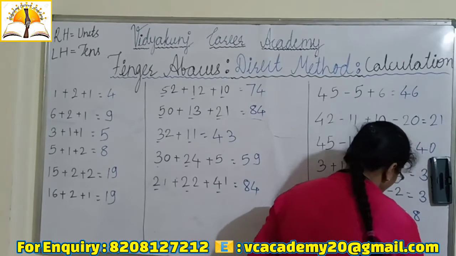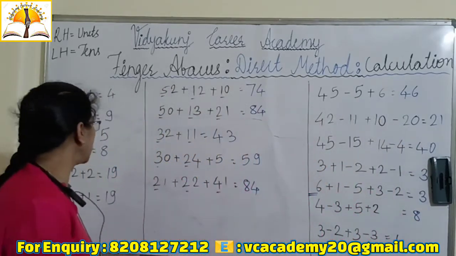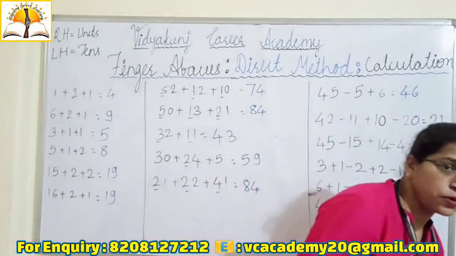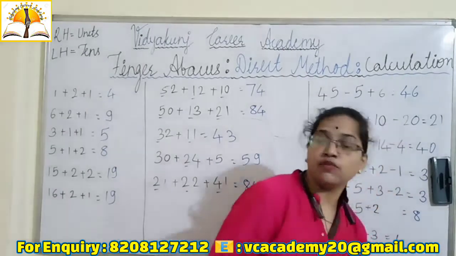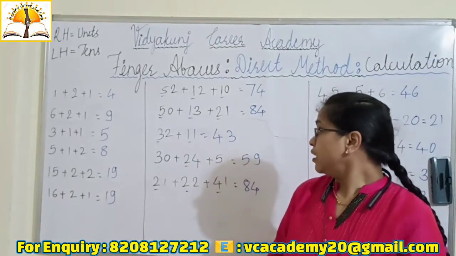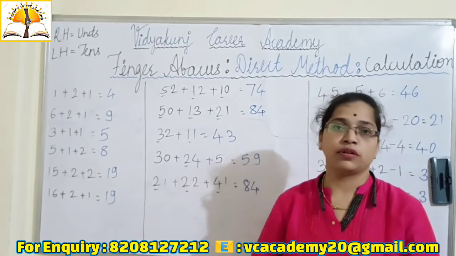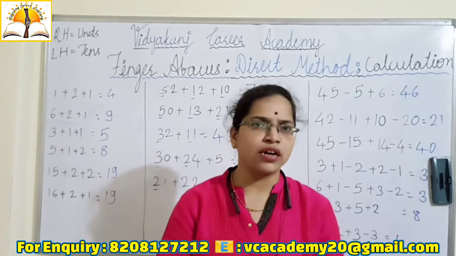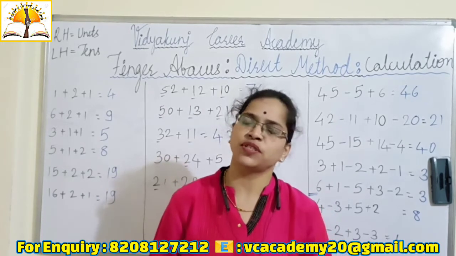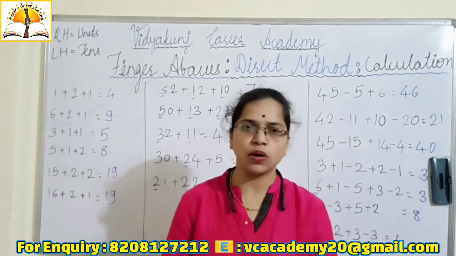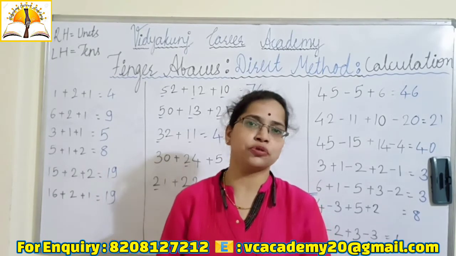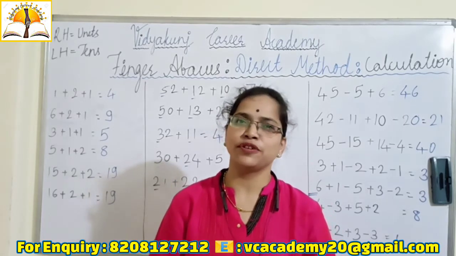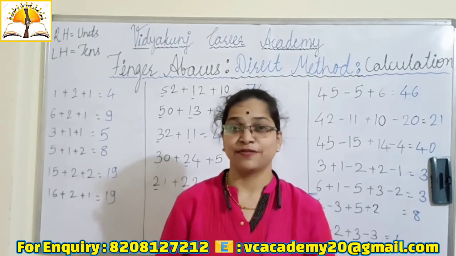Okay, we have learned here how to do addition and subtraction of 2 digit and 1 digit mixed numbers. Yes or no? By using the direct method. And here 1 or 2 sums were given with the concept of 5. I will teach you later according to the concept of 9, concept of 8, concept of 7, concept of 6. All these I am going to take you through, then you will learn this abacus. But what you have to do is just follow my videos, then you will learn abacus, finger abacus.